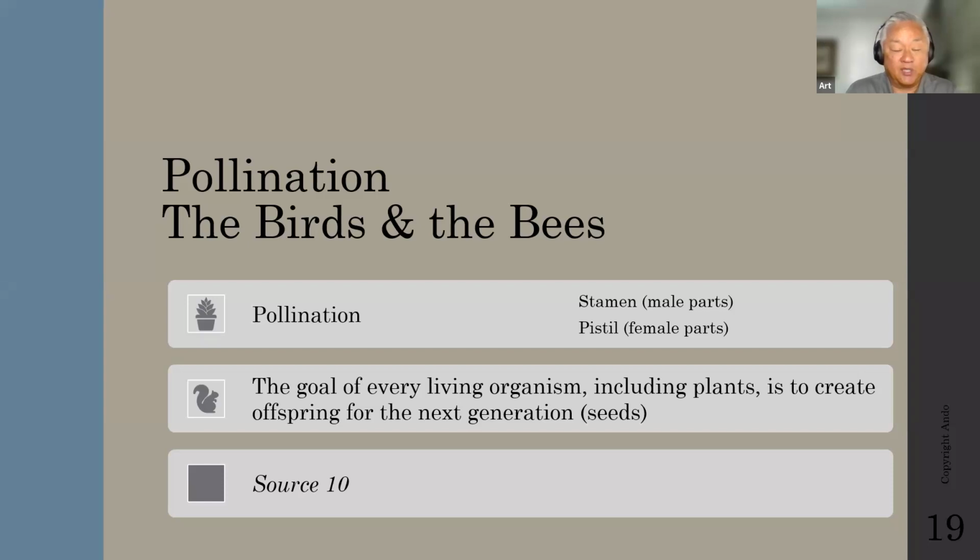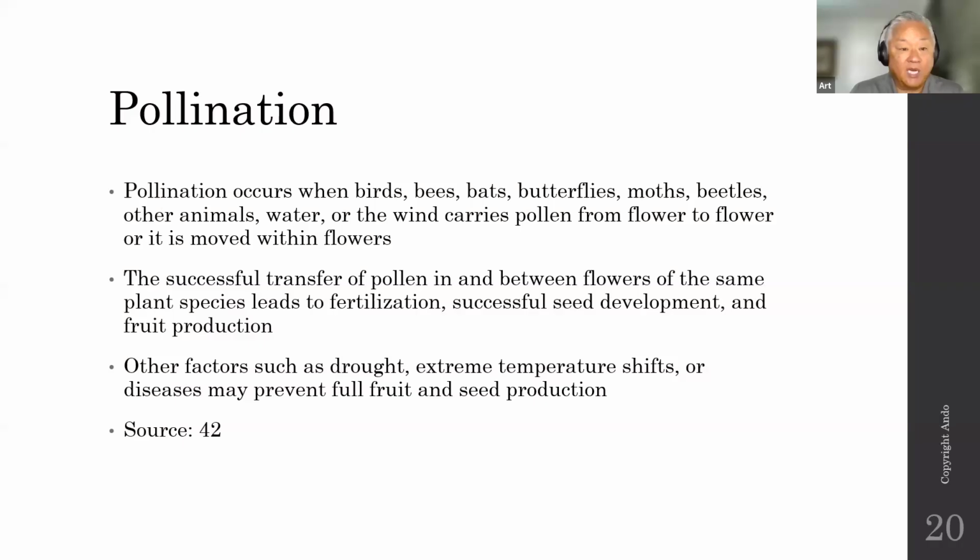There's sexual reproduction, and the goal of every living organism, including plants, is to create offspring for the next generation. In this case, it's creating seeds. Pollination occurs when birds, bees, bats, butterflies, moths, beetles, and other animals, including, as it turns out, lemurs,